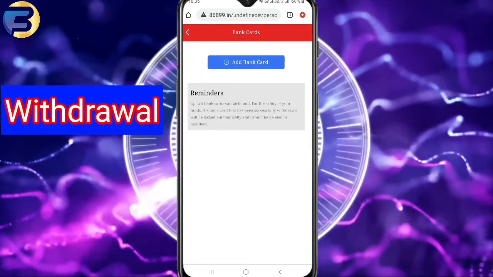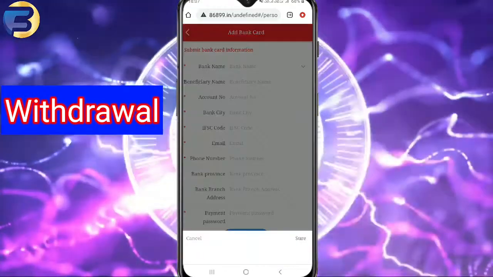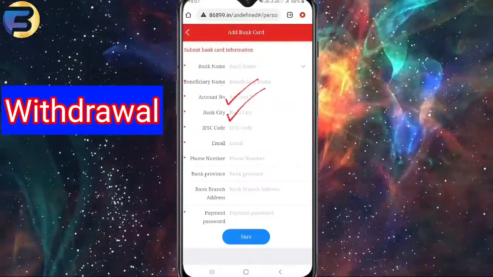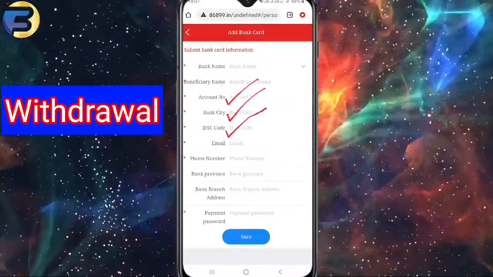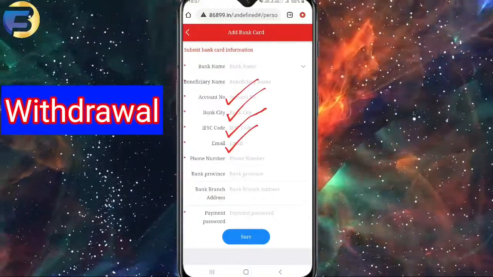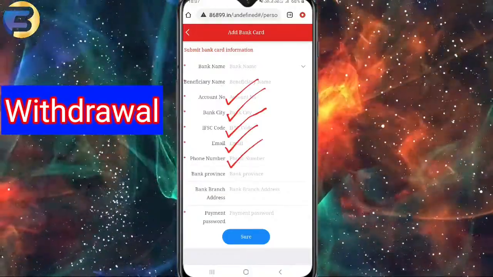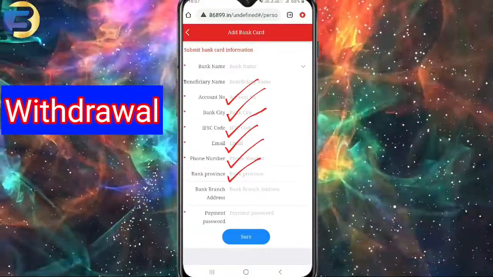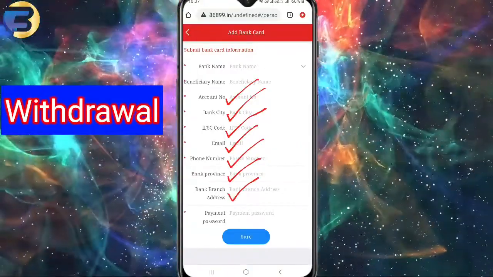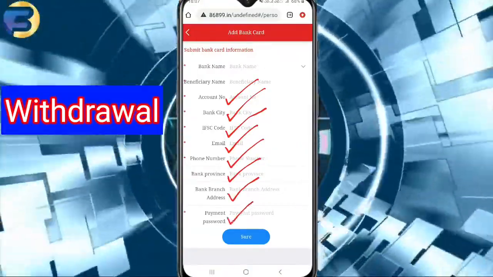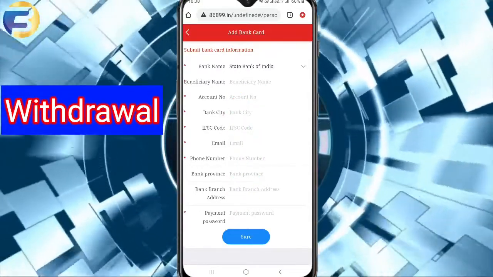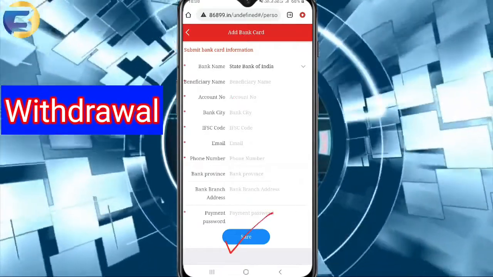Click on add bank cards, and here you have to enter the bank name, beneficiary name that is your name, then bank account number, bank city name, IFSC code, email address and phone number, and then bank province and branch name of the bank, and then the 4-digit payment password that you have set. Before submitting these details, verify them once correctly and then click on the sure option